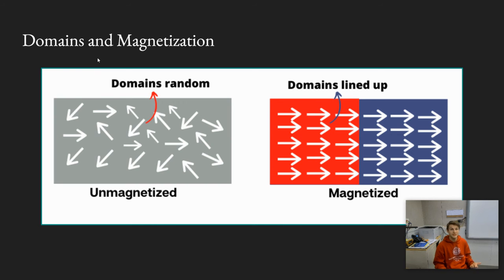All those unpaired electrons, those domains, all line up and they face the same direction. And that's the orientation of the magnet. And that's why we have north and south poles. It's because the current is flowing in a specific direction. And that's very important to the magnetic field around that object, and also the magnetic forces in the direction that